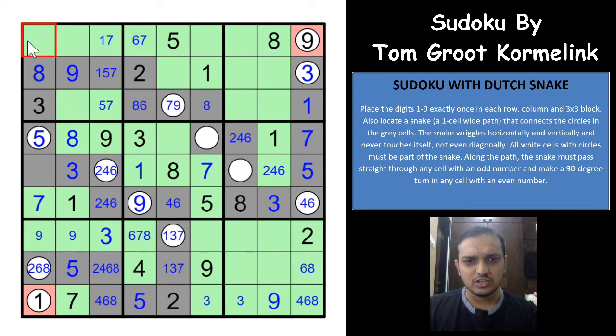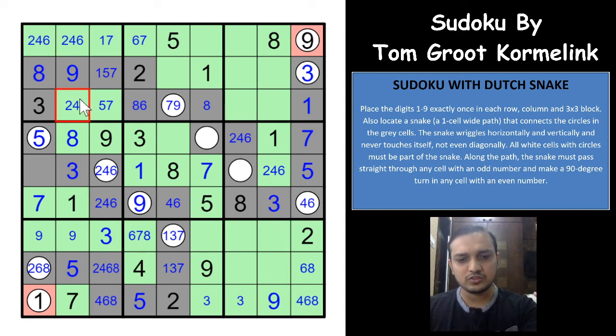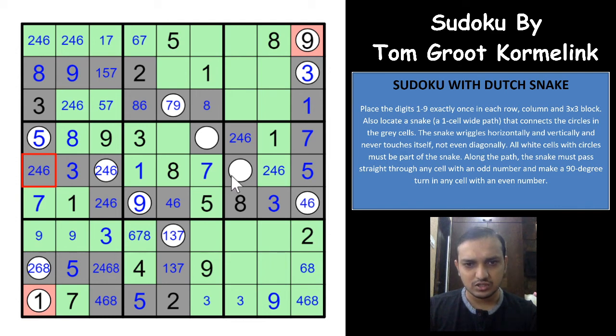So the 3 digits would have to be even digits. So 2 4 6, right? So 2 4 6, 2 4 6 and 2 4 6 here. It's an excellent Sudoku, guys. Excellent Sudoku, I would say. A very tough one. Some of the narrow deductions here, and this would have to be a 9 here. There is no place for the 9 in this row.